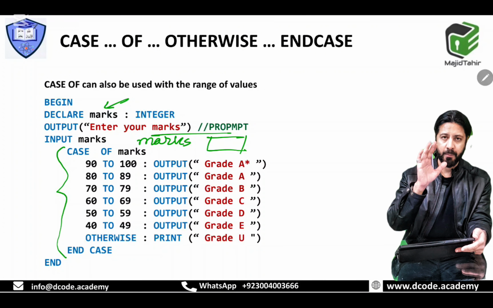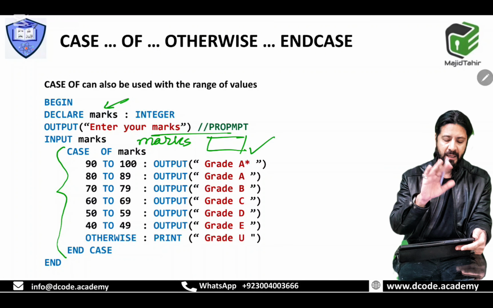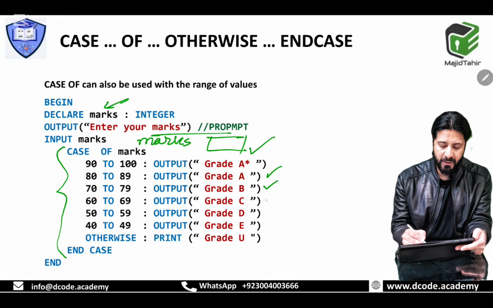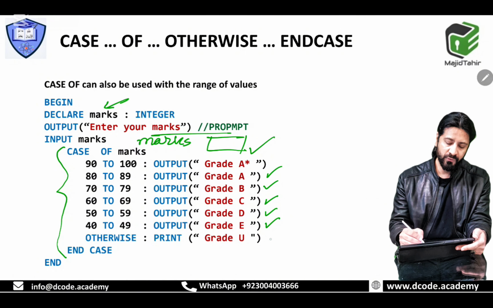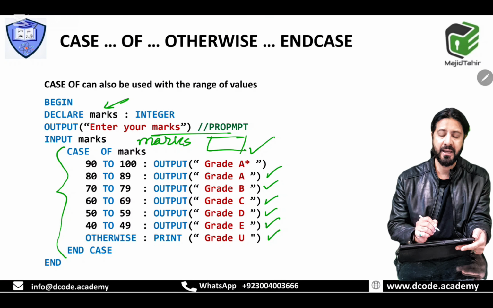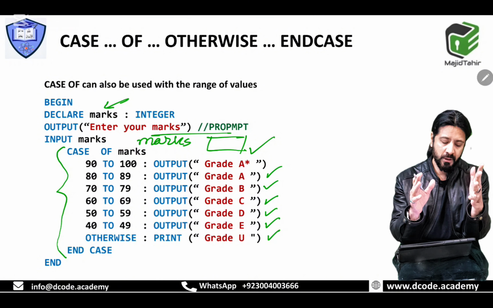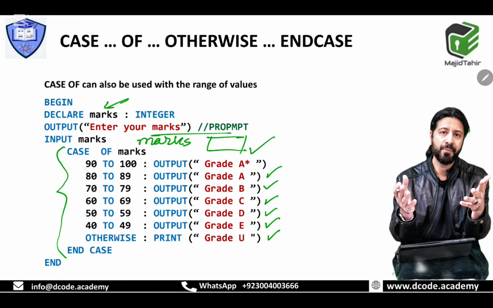If the user inputs anything between 90 to 100, it will print A star. Between 80 to 89, it will print A. Between 70 to 79, B. Between 60 to 69, C. 50 to 59, D. 40 to 49, E. And otherwise, if anything else is input other than these ranges, then it will print U and then end case. So this is how Cambridge allows you to write case statements,